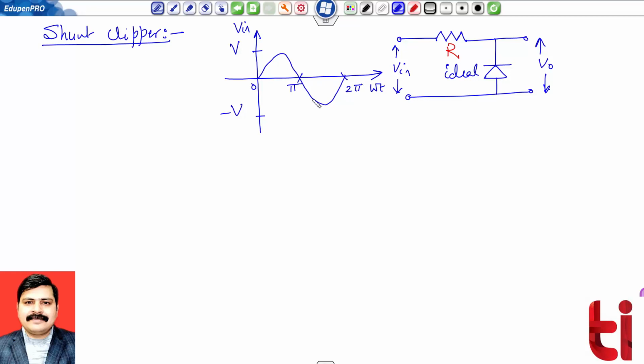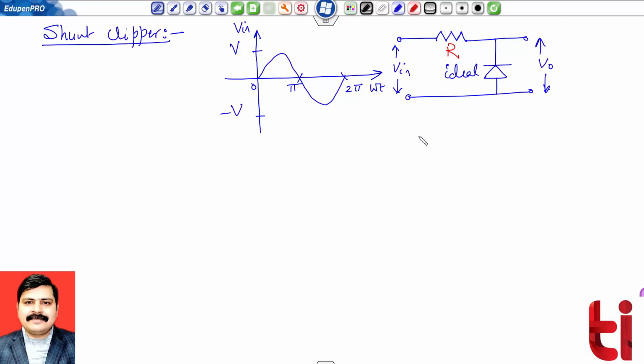So again, for the working, we have to choose the positive half cycle and negative half cycle and see the output accordingly. Okay. So for the systematic function, now see one thing first. The diode is connected in the shunt arm, so it is my shunt clipper. No DC battery is connected, so it is an unbiased clipper. And which type of clipping is there, we will see with the waveform.